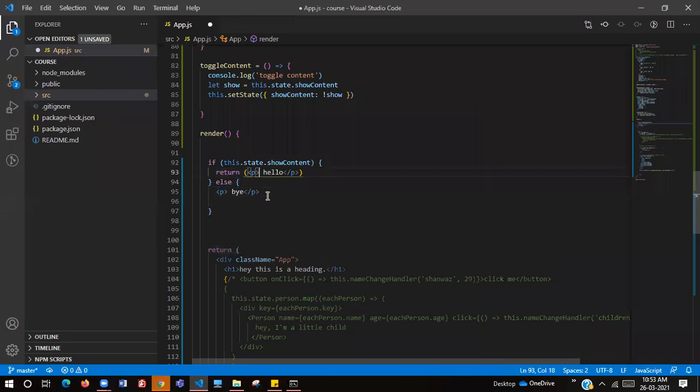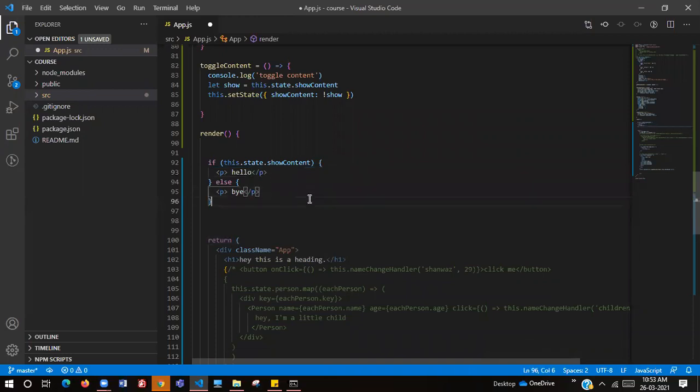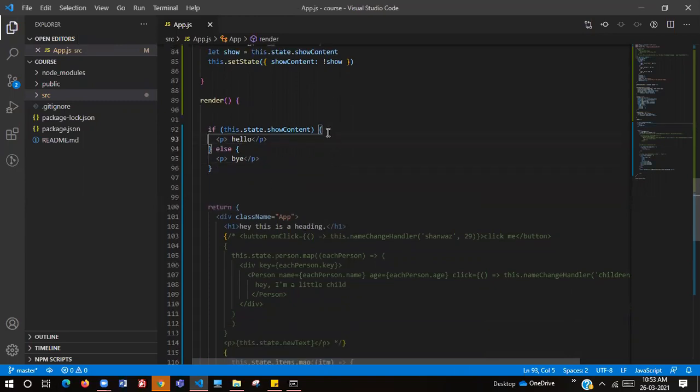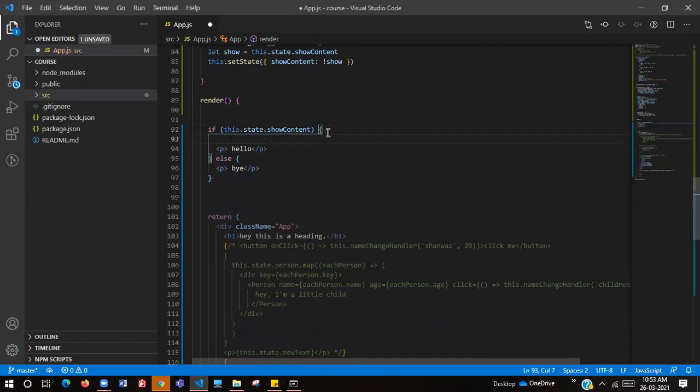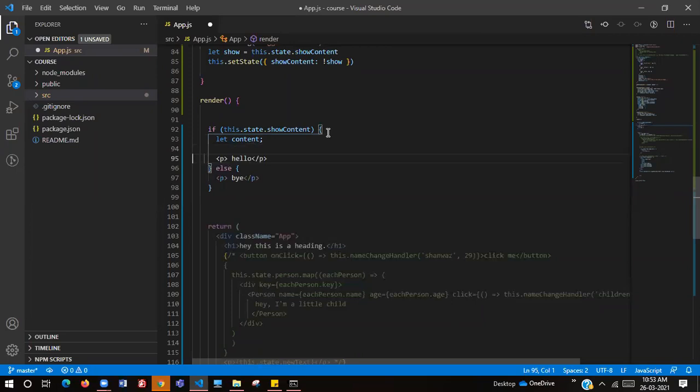Now let's remove these returns, because if we return, the block below won't be reachable. Now we take a let content variable. Now we paste the content equals to p.